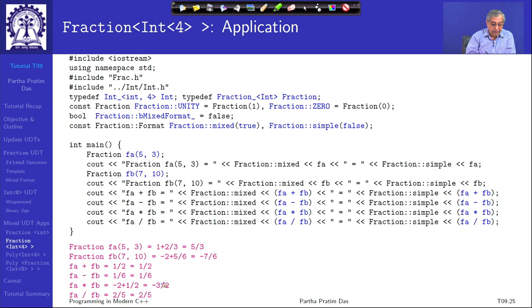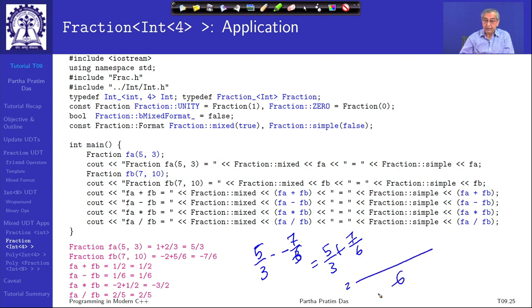But if you do minus, then it is 5 by 3 minus 7 by 3, 7 by 6. So, it is 5 by 3 plus 7 by 6, which is 6, 10 plus 7 is 17 by